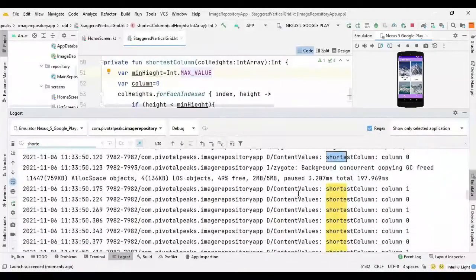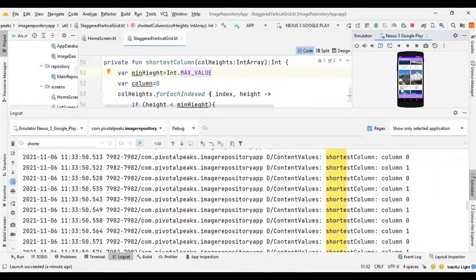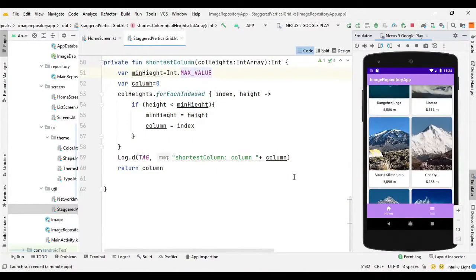Now you can see that it starts with column 0, and the second image is placed in column 1. So you can see it's here, and then 0 1 0 1. You can see the pattern here, 0 1 0 1. So it's able to actually put the images in both columns. So that's it for this section.